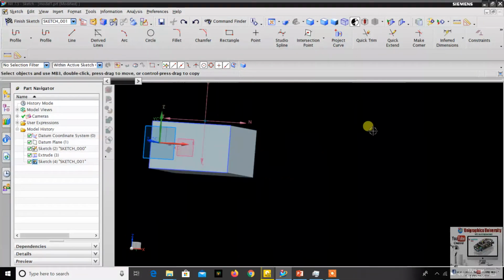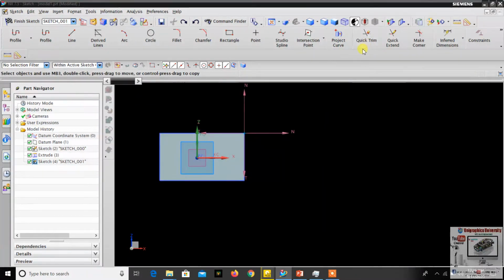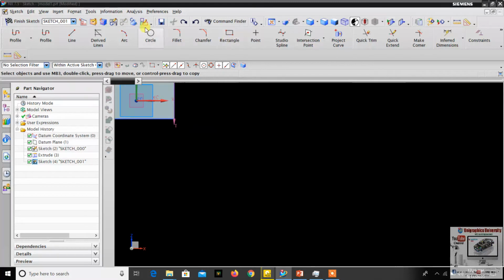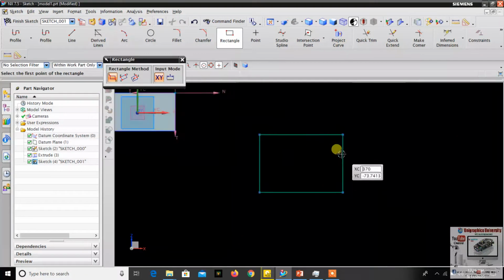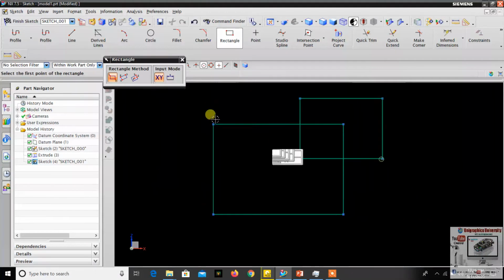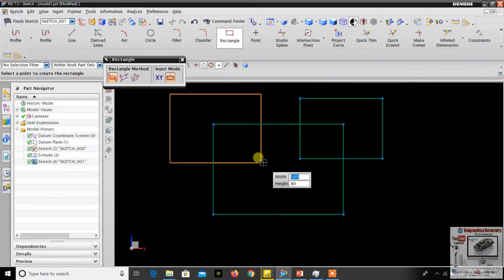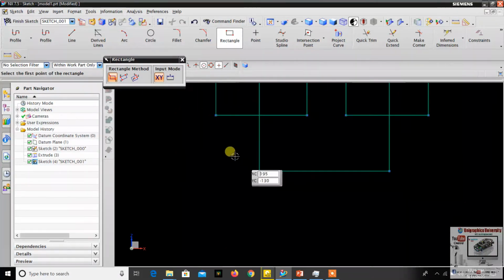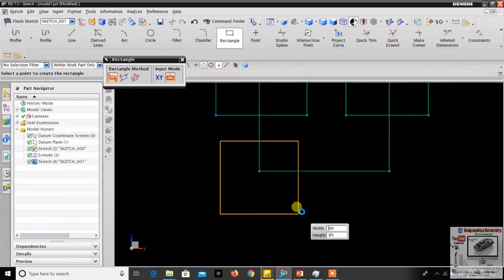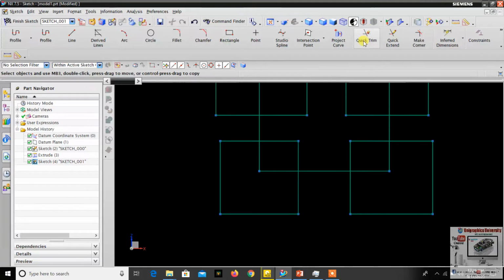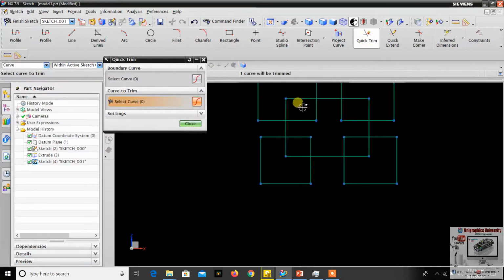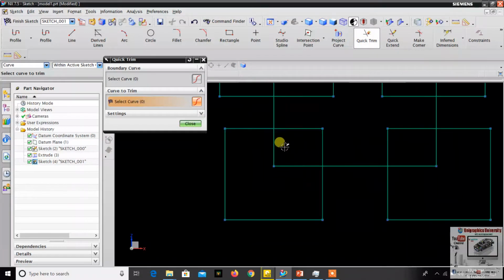Next one, quick trim. I will explain. I just make three rectangles. Make another one. Just go to quick trim. This is the same as an eraser. If you don't want a line, you just drag here and you can delete.